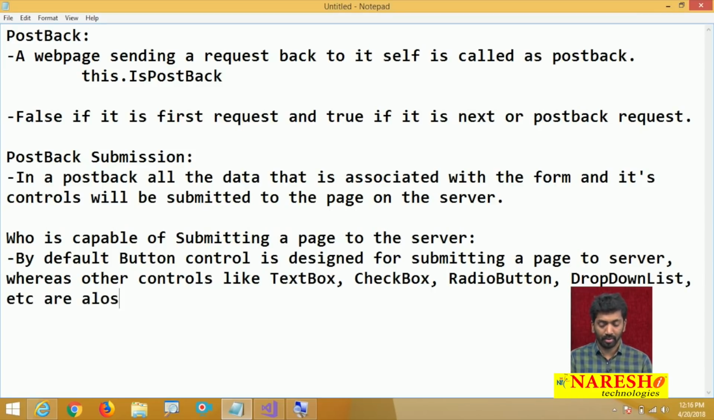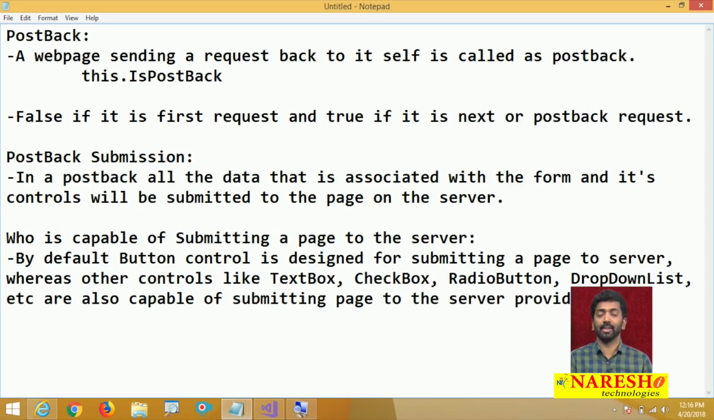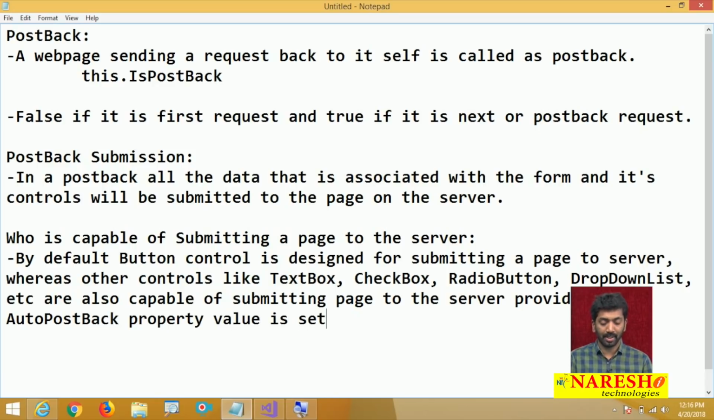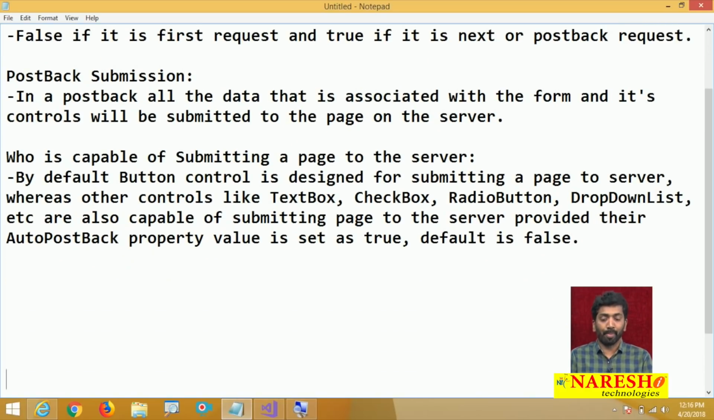Other controls are also capable of submitting the page to the server, provided their auto post back property value is set as true. Default is false. Understand? By default, the button control is designed for submitting a page to the server, whereas other controls like